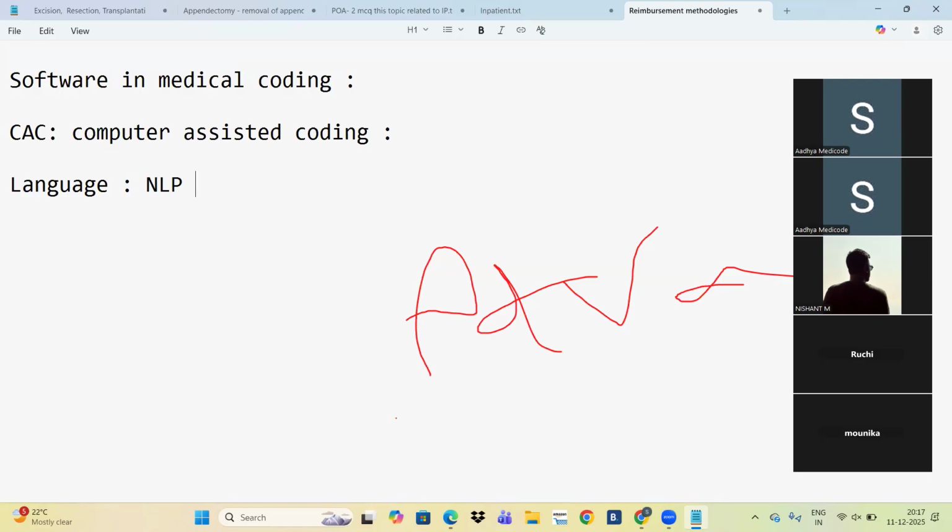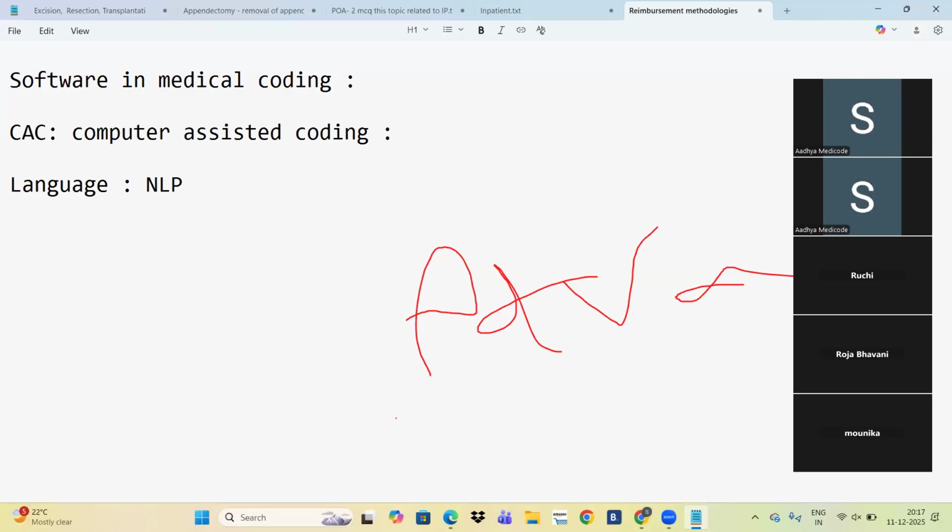But can computer give 100% accuracy? Not possible, right? So if the computer coding, it was not giving 100% accuracy. It will suggest all the codes 80 to 90% or 70% accuracy, but remaining 30 to 20% we need to do manually. Like we need to review the document and coders need to add.